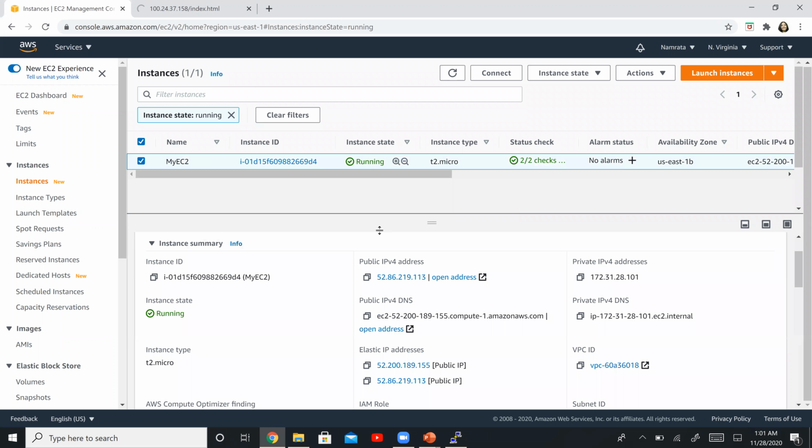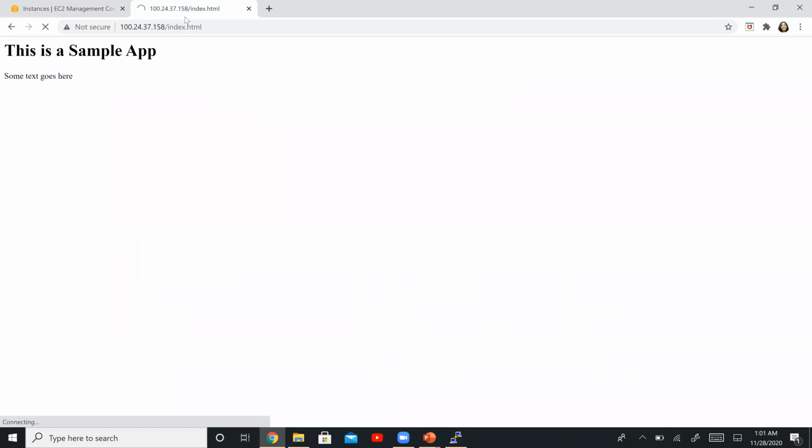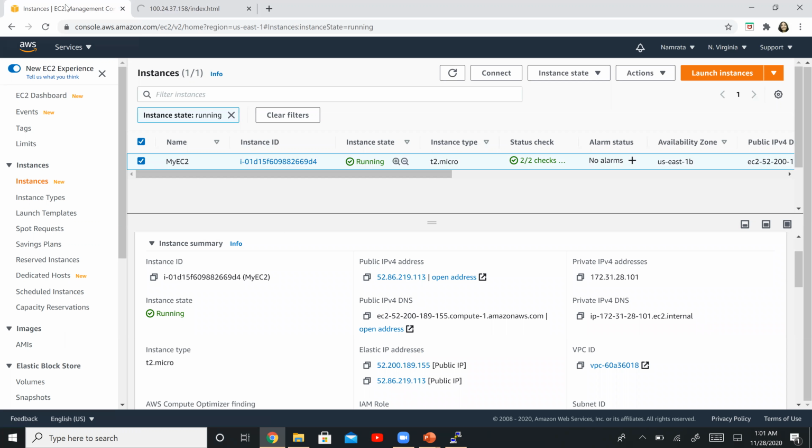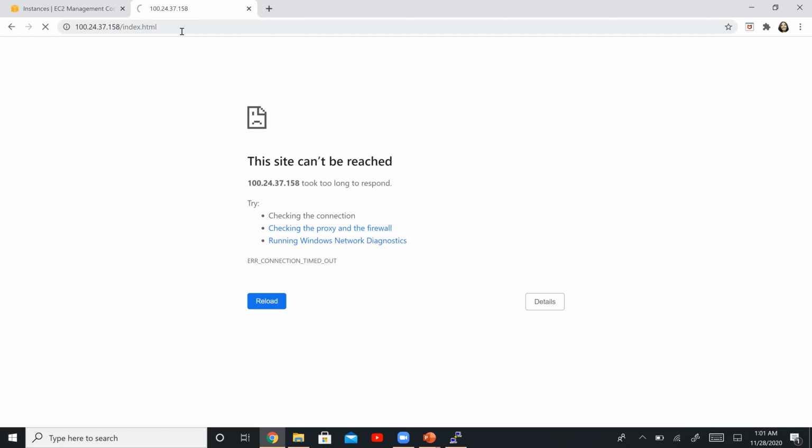It has been replaced by one of the elastic IP addresses, and this will actually give us an error. But we should be able to browse our application leveraging either of these two elastic IP addresses. So there it is, it cannot be reached.